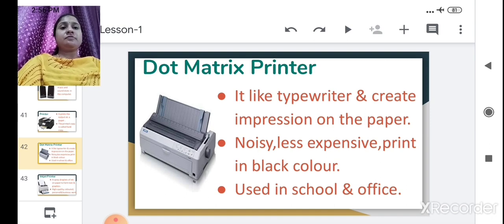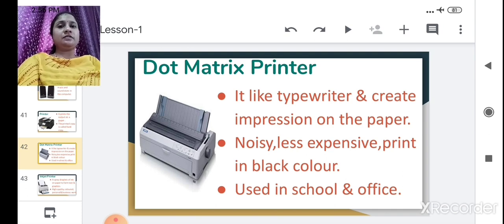So this dot matrix printer is like a typewriter. Have you seen a typewriter? Most of you have, but nowadays it is rarely visible. When you press a key on a typewriter, it makes a noise.